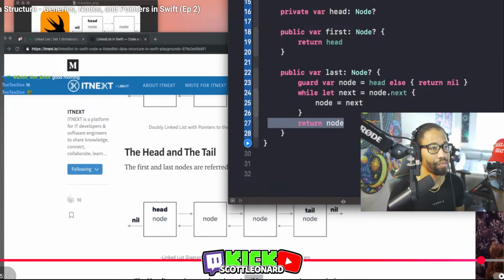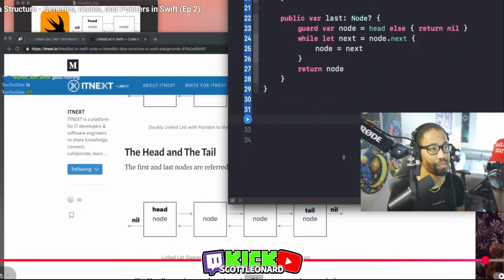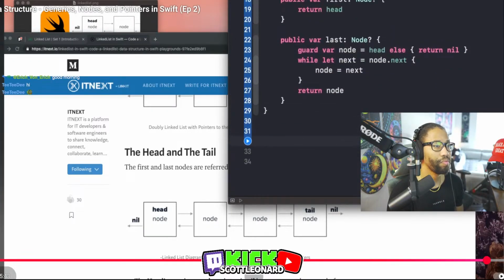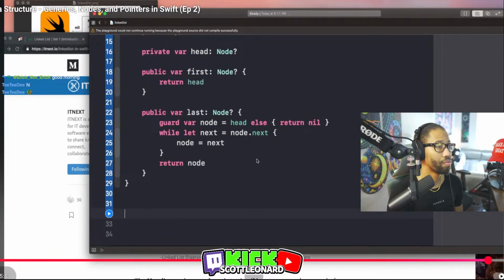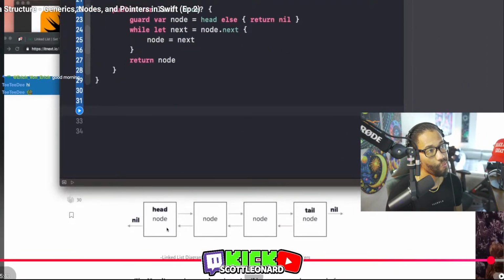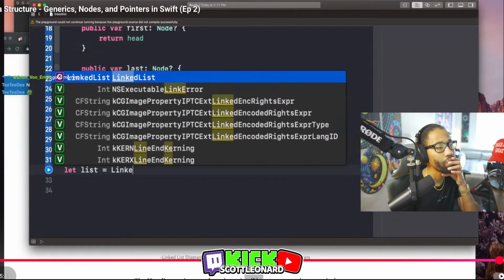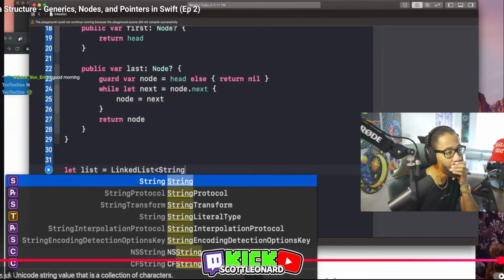Hopefully that makes sense. If it doesn't, just keep rewatching this video. And what I actually advise you do right now is follow along, and let's actually define an instance of our linked list and kind of play around with the values. So the goal here is to create a 4-value linked list, okay? And we'll put some custom strings in here for these values. What we're going to do is say let linked list is equal to a new list, right? So we'll say let list is equal to linked list, and we'll make it of type string, okay?